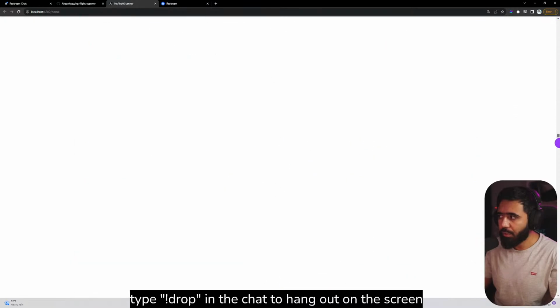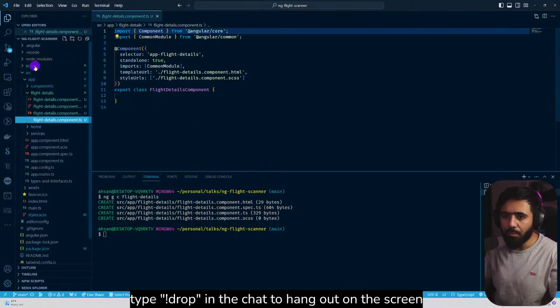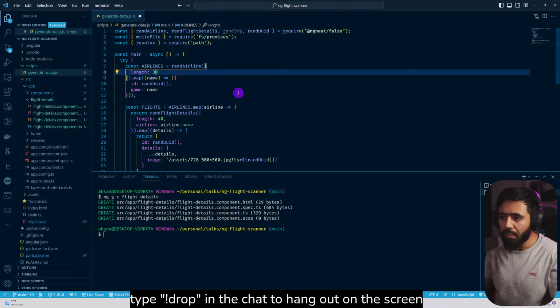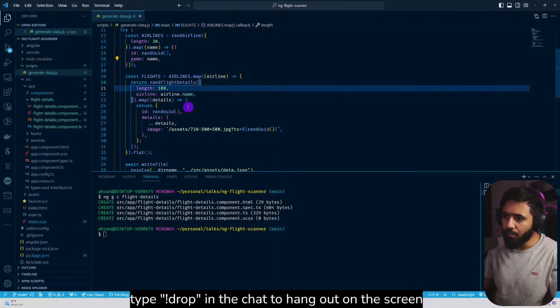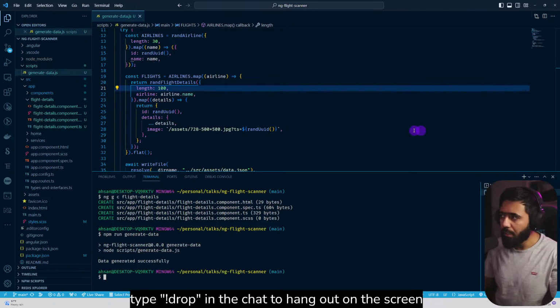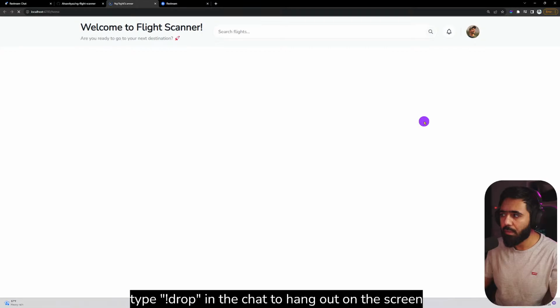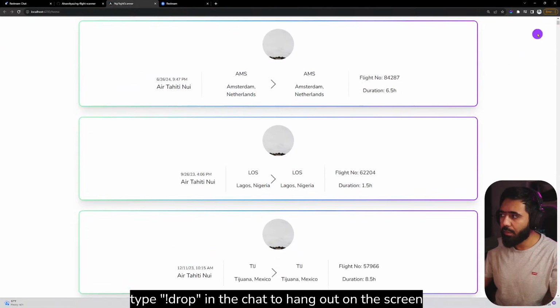So right now I'm showing a couple of hundred messages, but let's generate more. I'm going to go to scripts, generate data, and add a bit more. So maybe 30 airlines, and each airline having 100 flights, which means now we should have 3000 flights. Let's generate this. npm run generate data. Generated. Now let's see if my application becomes slower. At least it's taking a lot of time to render. If I go down,